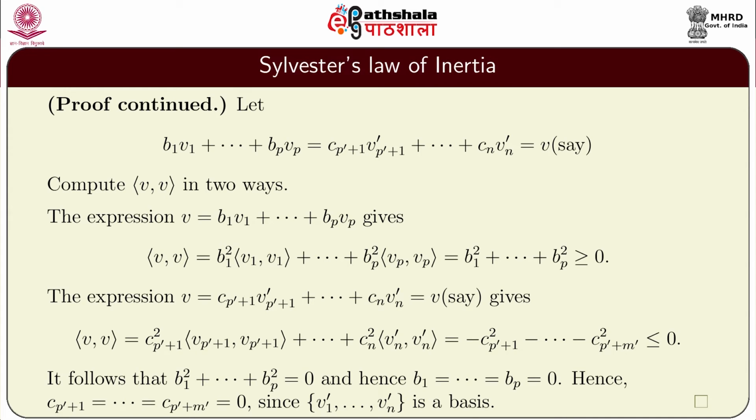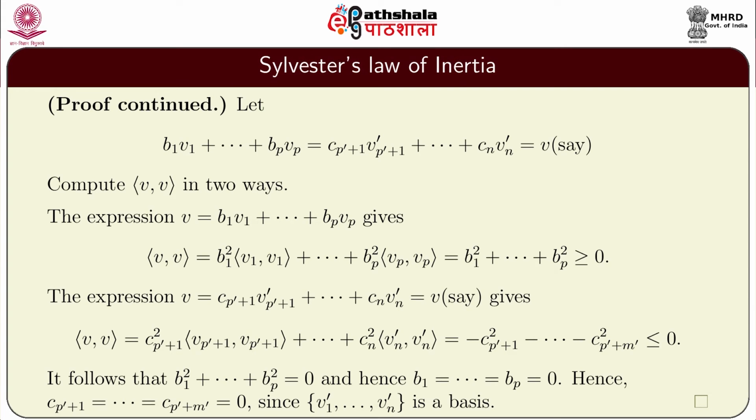It follows therefore that b1 squared plus etc. bp squared must be 0, and hence b1, b2 etc. up to bp is equal to 0, and this also forces c_{p'+1} and so on up to c_{p'+m'} equal to 0, since v1' and so on up to vn' is a basis. This therefore proves linear independence,